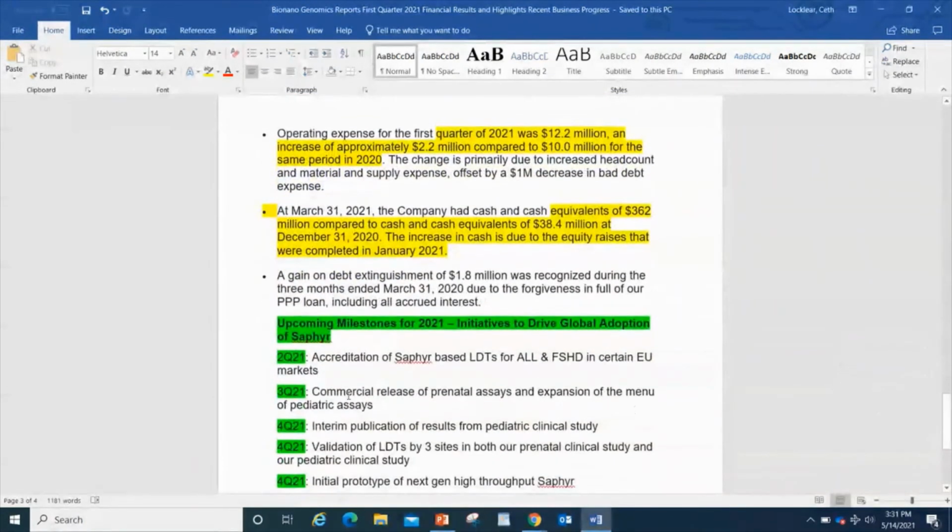Then you've got operating expense. The first quarter of 2021 was $12.2 million, an increase of approximately $2.2 million compared to the $10 million for the same period in 2020. The change is primarily due to the increased headcount and material and supply expense, offset by a $1 million decrease